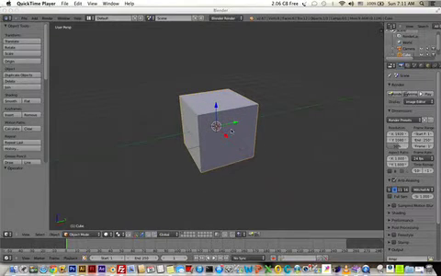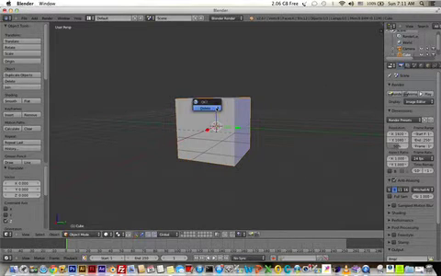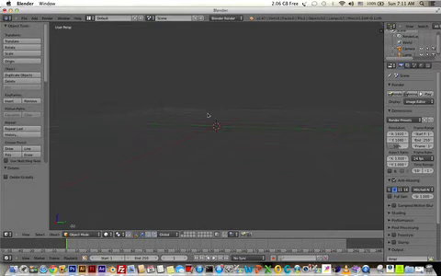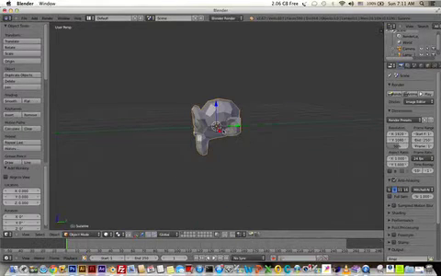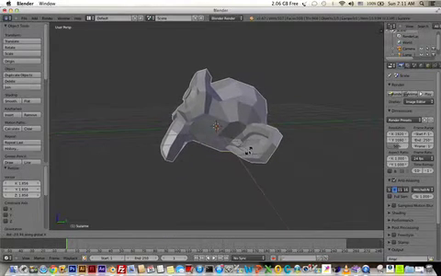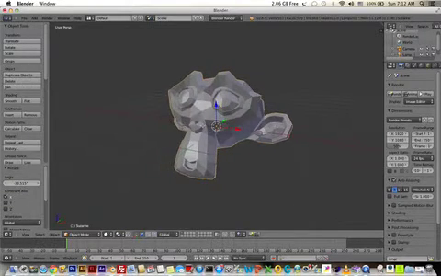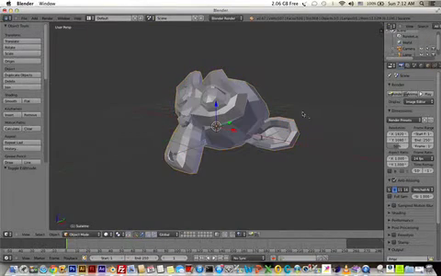First thing we do is just get rid of that cube so we can get something else that has more geometry, like the built-in Suzanne the monkey. So let's add the monkey. Let's rotate it. Okay, and now of course it does not have much geometry, so we're just gonna add a